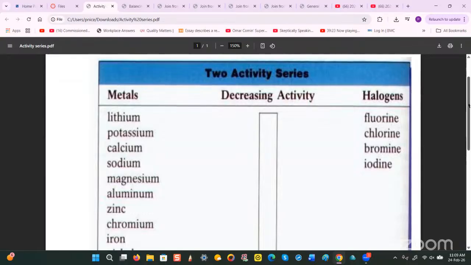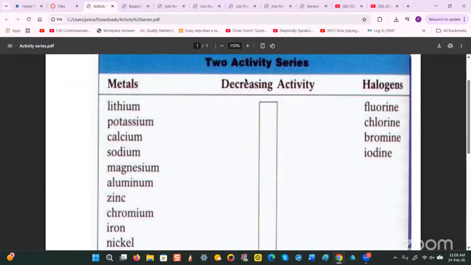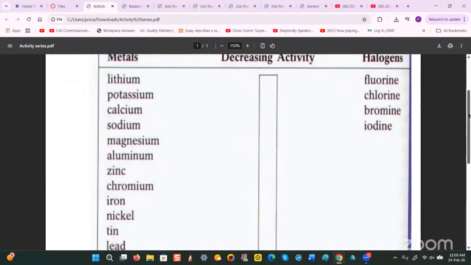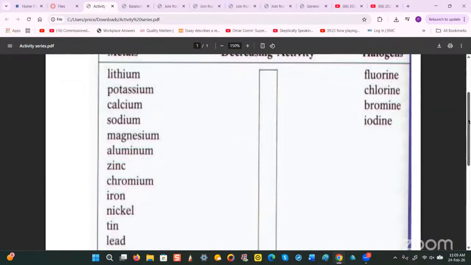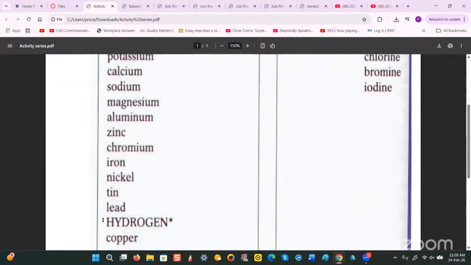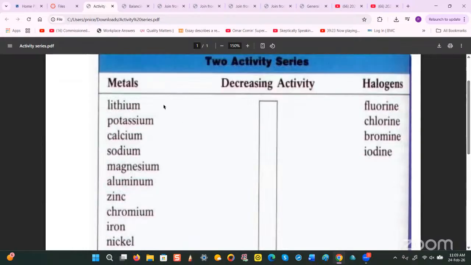So in this particular case, we have a group of metals here. There's one exception here. There's a hydrogen, which is not a metal, right? But we have a list of metals here, okay? And they're ordered in terms of decreasing activity. So basically what this is telling you is that lithium is more reactive than potassium, which is more reactive than